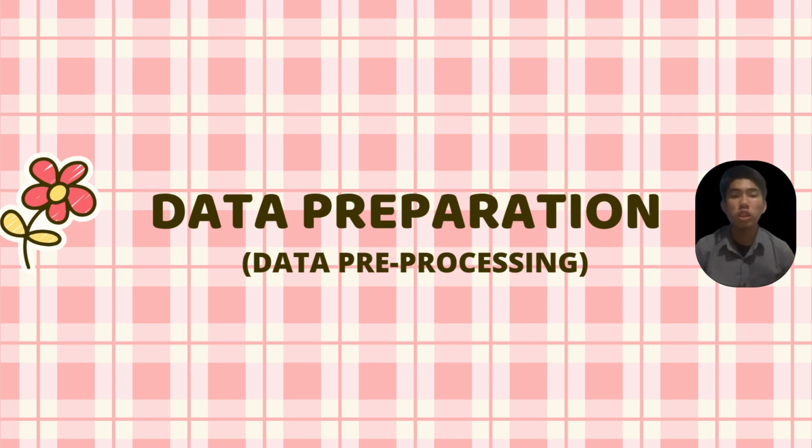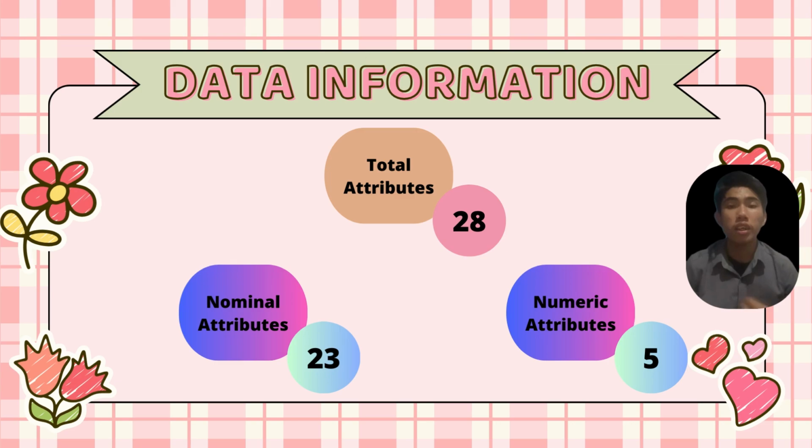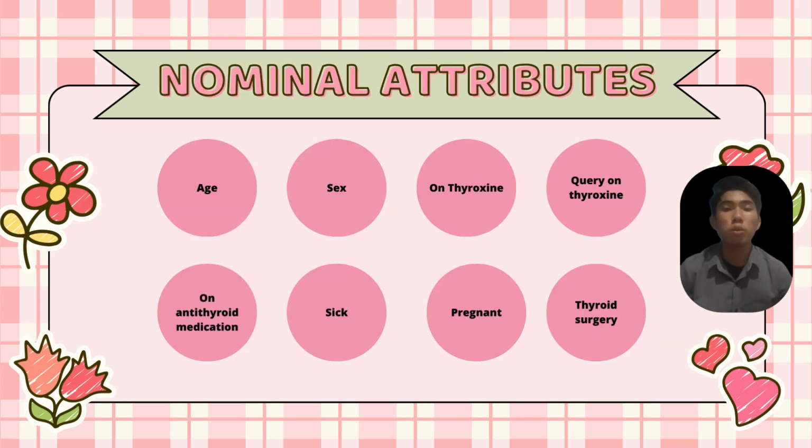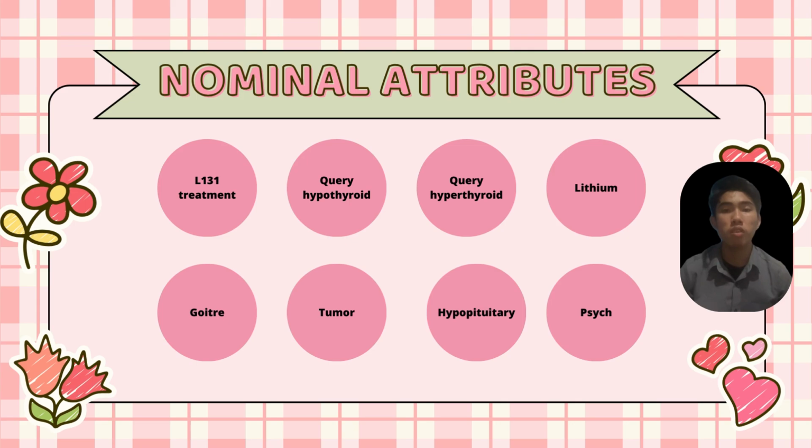Next, we go to the data preparation. In this dataset, the total number of attributes is 28, involving 23 nominal attributes and 5 numeric attributes. For the nominal attributes, we have age, sex, on thyroxine, query on thyroxine, on anti-thyroid medication, sick, pregnant, thyroid surgery, I131 treatment, query hypothyroid, query hyperthyroid, lithium, goiter,